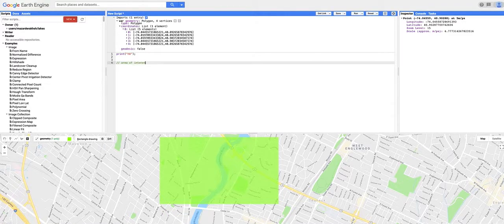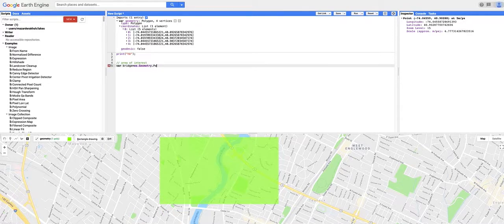I'm trying to filter it by area of interest, so I'm going to comment it. And then I'm going to write its variable equals variable. What variable is this? This is my area of interest. I can call it campus, just like we did in class, or you can call it bridge. Doesn't matter in this case. Bridge is a name that we give to it. I'm going to write variable bridge is ee.geometry